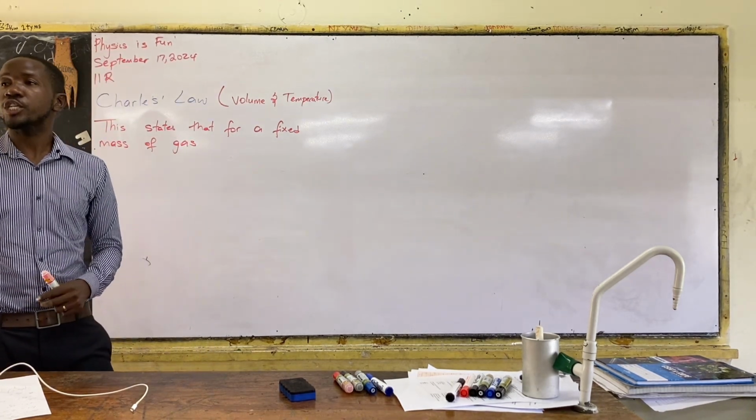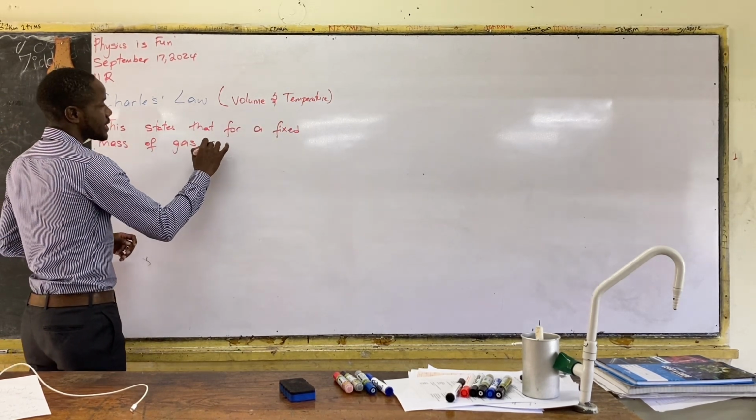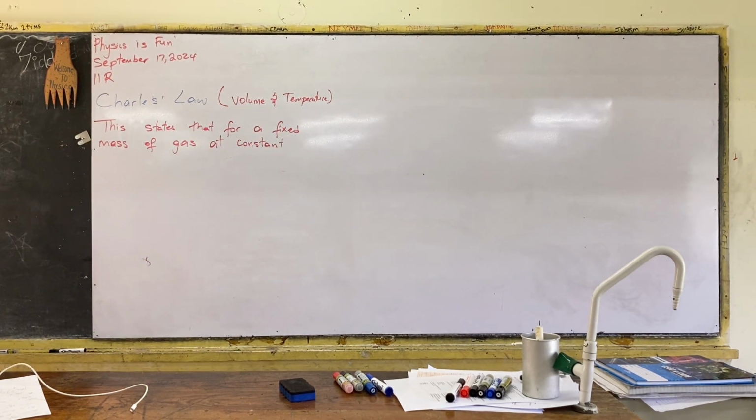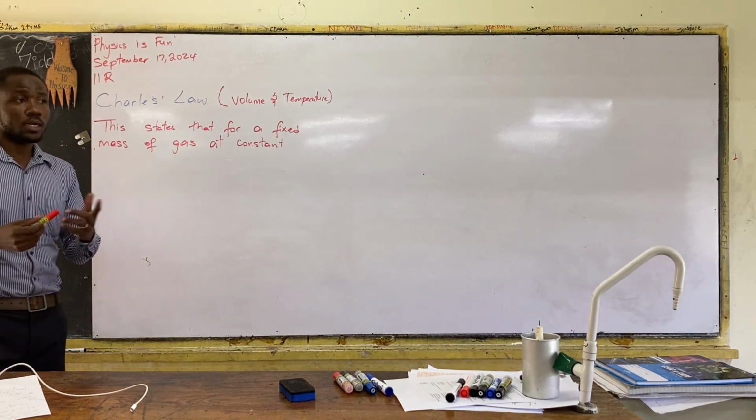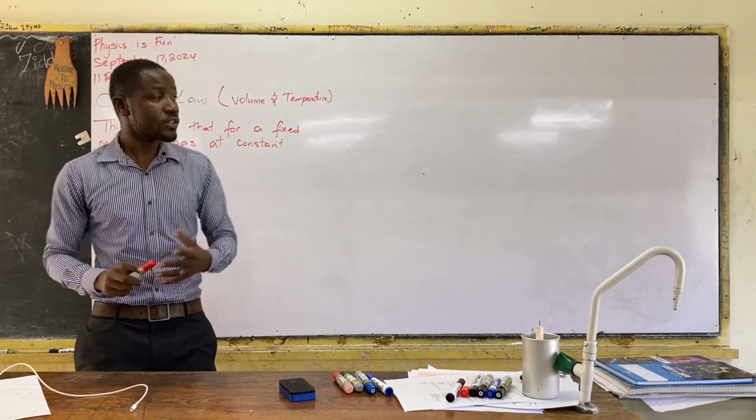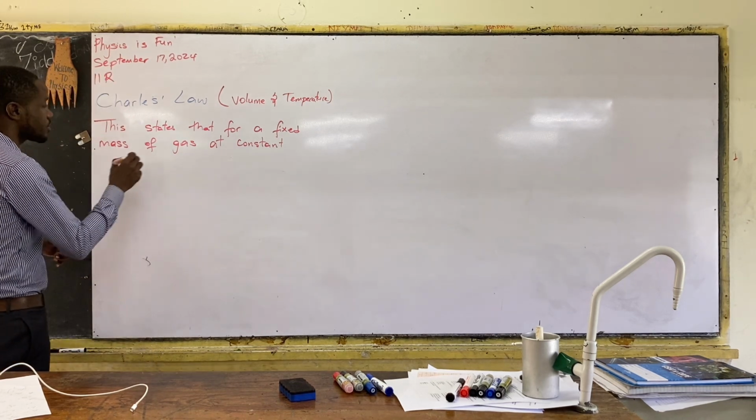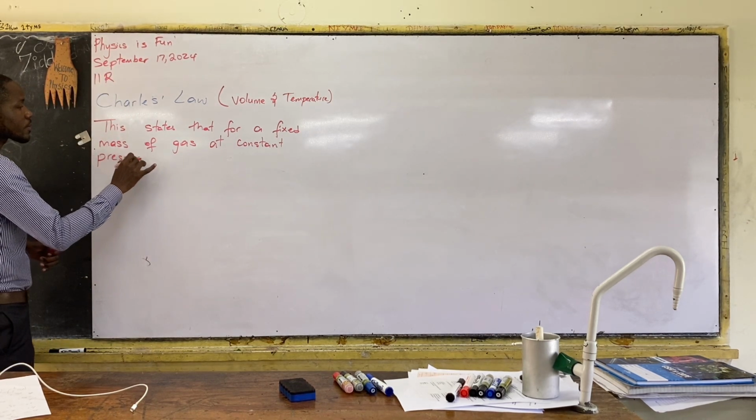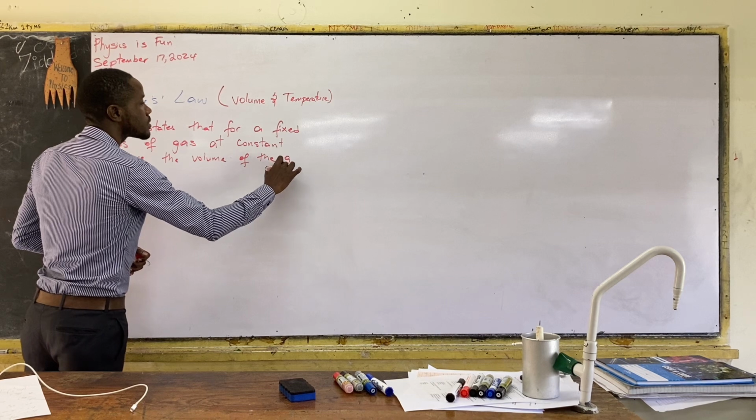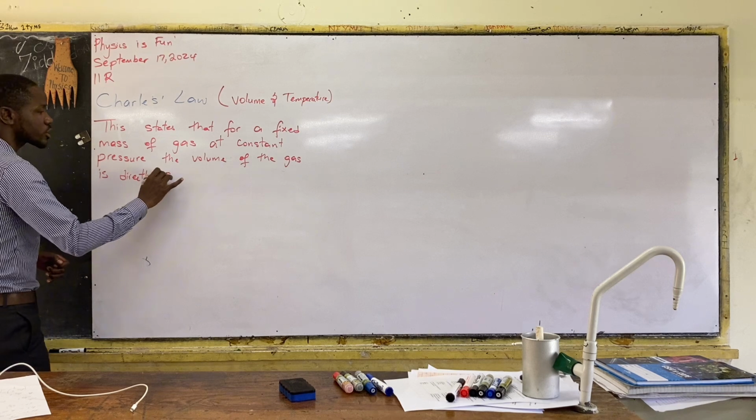Now we talk about the relationship between the volume and the temperature. So this states that for a fixed mass of gas at constant, in this case because we are looking at the volume and the temperature, what are we going to keep constant? The pressure, right? It's always volume, temperature, and pressure we look at. So if we're looking at volume and temperature, the third one, the pressure, will be kept constant. At constant pressure, the volume of the gas is directly proportional